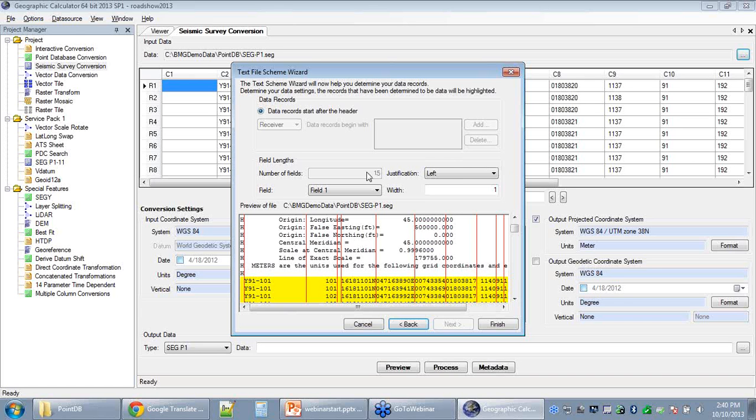In the seismic formats, you'll notice the number of fields text box is actually grayed out. In the case of SEG data, it's going to be 15 columns. It always must have 15 columns, and they need to simply be set at the appropriate width for the data that you are bringing in. You can adjust the width of them, but you do have to have all 15 of them for it to be considered valid data. Once we've got those lined up where we need them to be, I'm going to click